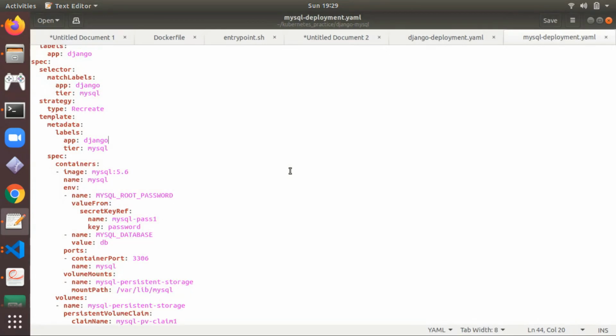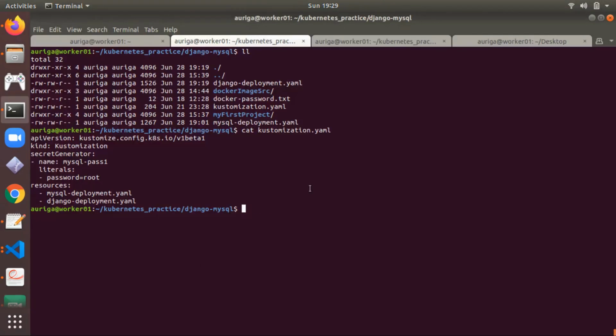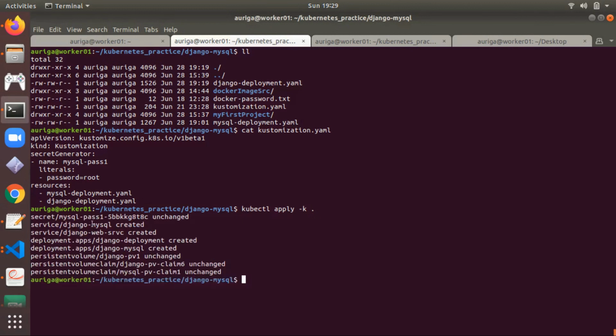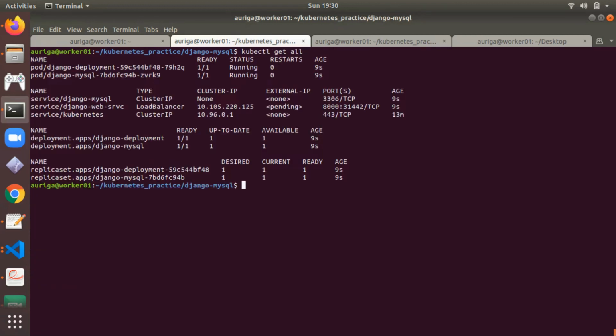Now we can use this command to create everything. You can see everything is created. Now if I check the status using kubectl, you can see everything is running fine.